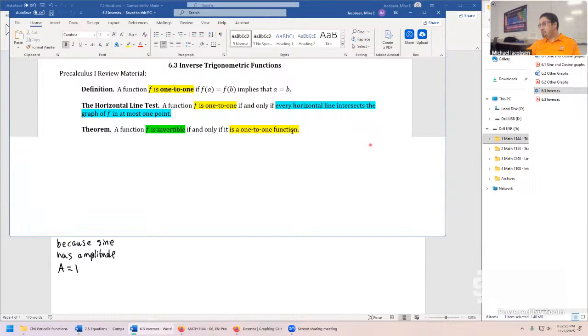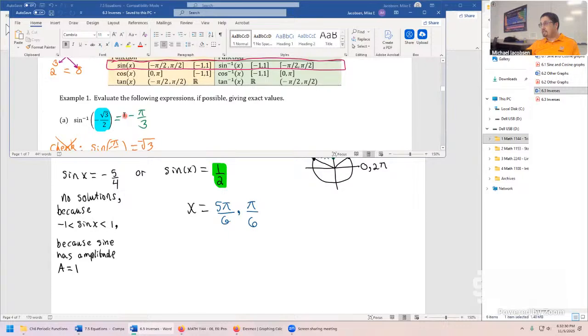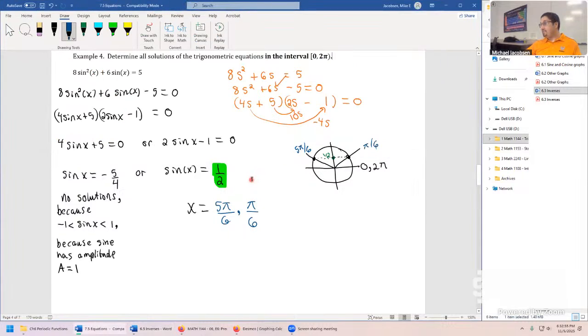So just to take a look into something similar from before, we calculated sine inverse of -3/2. We calculated this, sine inverse 1/2. If you took sine inverse here on the left-hand side, you'd be taking sine inverse 1/2, and you would have gotten the pi over 6, but it's not the full story. The trouble with the inverse function is it's a true function. There's exactly one output to every input. But we have multiple solutions when we go to solve the sine function here. So even though they're related problems,